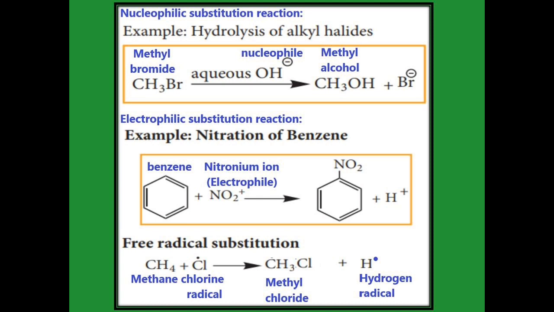The next one is free radical substitution. In methane, when it reacts with a chlorine radical, one of the hydrogens is substituted with the help of the chlorine radical. We eliminate one hydrogen. That hydrogen combines with another chlorine radical and gives hydrogen chloride. Now we get a methyl radical. This methyl radical combines with another chlorine radical and gives methyl chloride. Here, instead of one hydrogen, chlorine is added in the form of a free radical. So this is called a free radical substitution reaction.